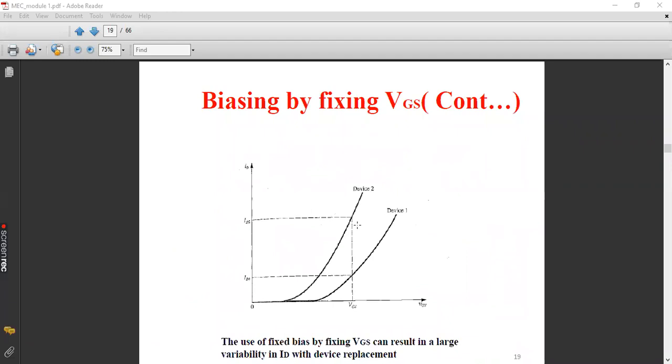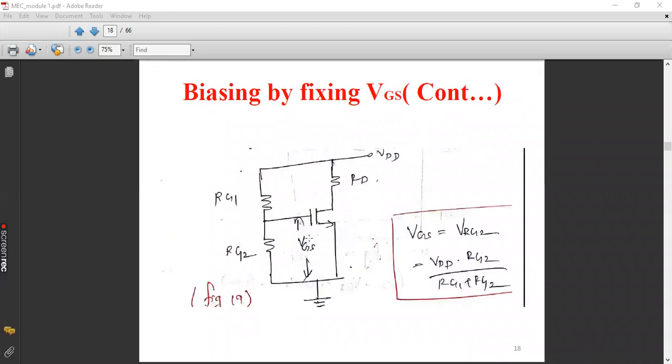So whether that technique is good or not, our objective is to maintain a constant ID irrespective of any change in VGS. VGS here is constant because I have taken a potential divider network and maintained a constant voltage across gate and source. Apart from this DC voltage, I'll be giving an AC input signal also towards the gate terminal,